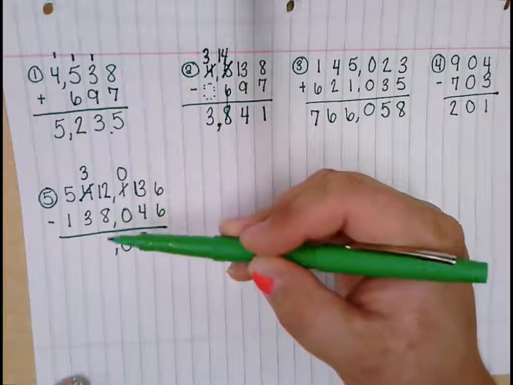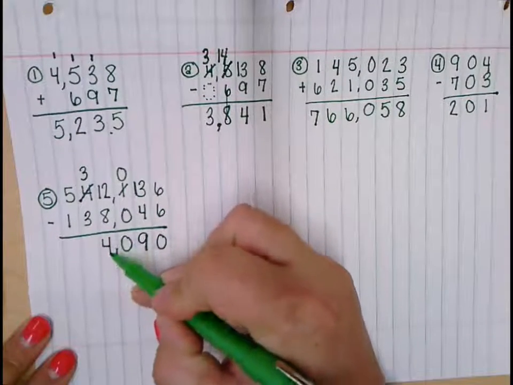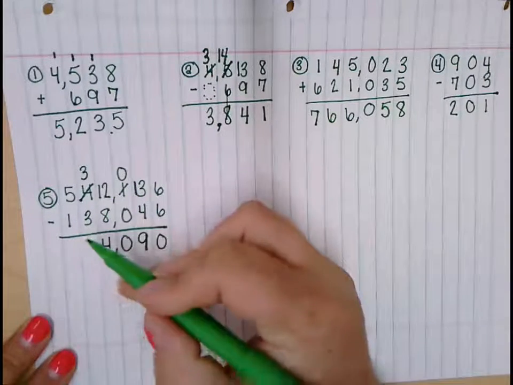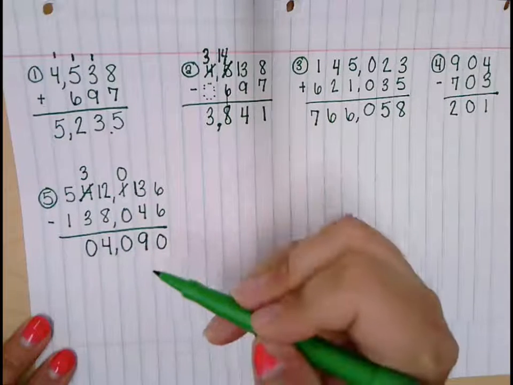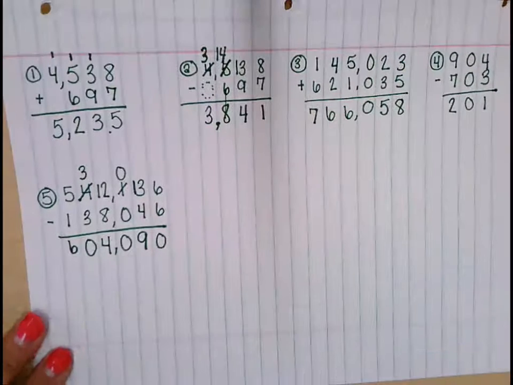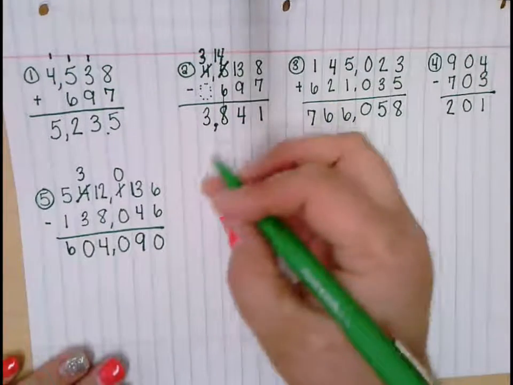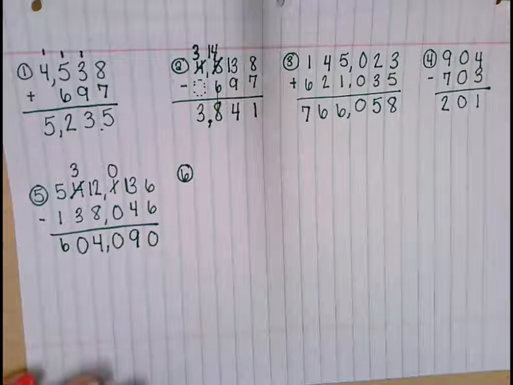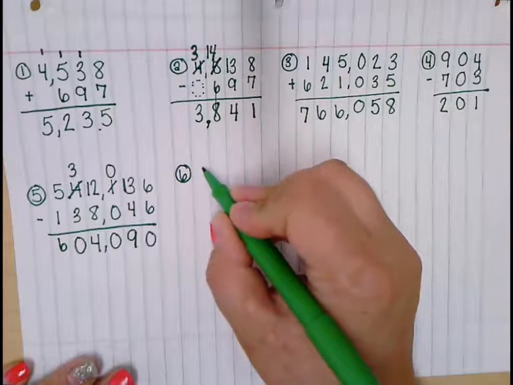12 minus 8 is 4. 3 minus 3 is 0. 5 minus 1 is, you got it, 6. So that's how I subtract while regrouping. We're going to do one last problem. We're now going to do an addition problem. Let's do